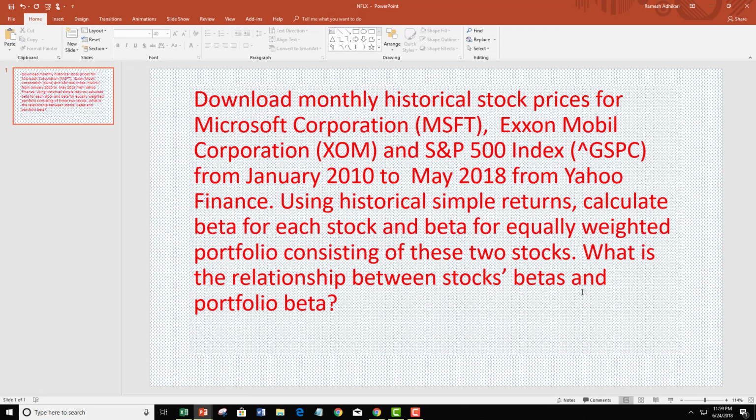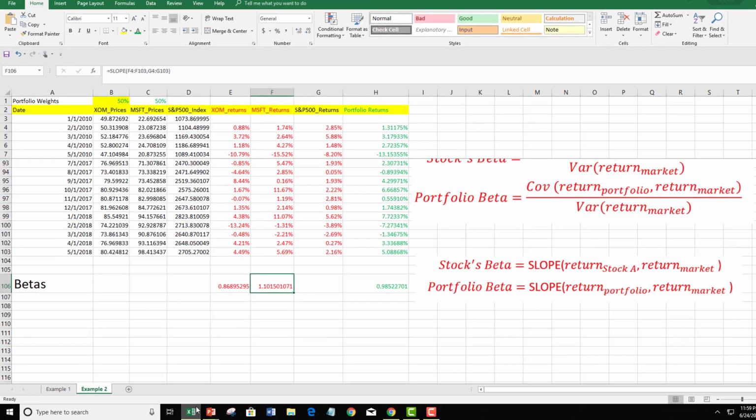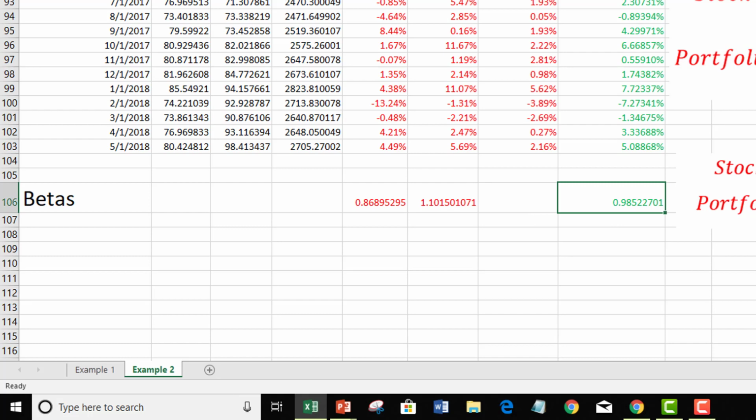So now I want to go to the last part of the question. The last part of the question also says what is the relationship between individual stock beta and portfolio beta. And let's look at here. The portfolio beta is 0.98, right? And individual betas are 0.86 and 1.1. So let's find out the weighted average of individual betas and see what happens. So weighted average means 50% is being invested on XOM. So 50% times the beta of XOM, all right? 50% times the beta of XOM plus